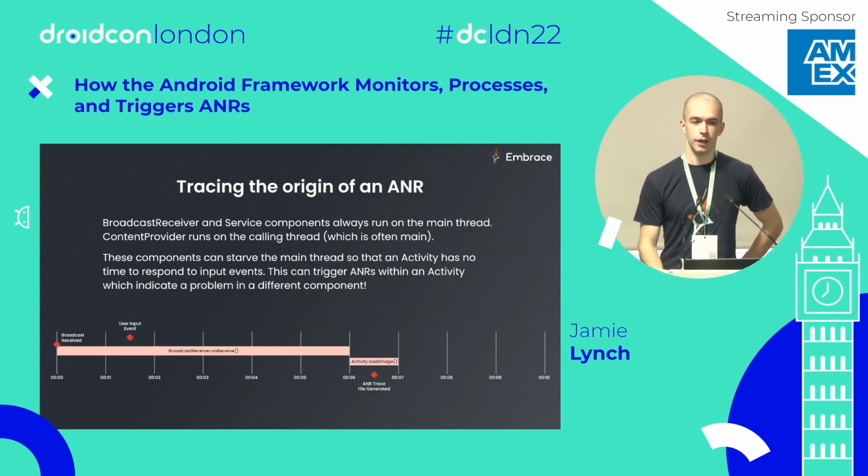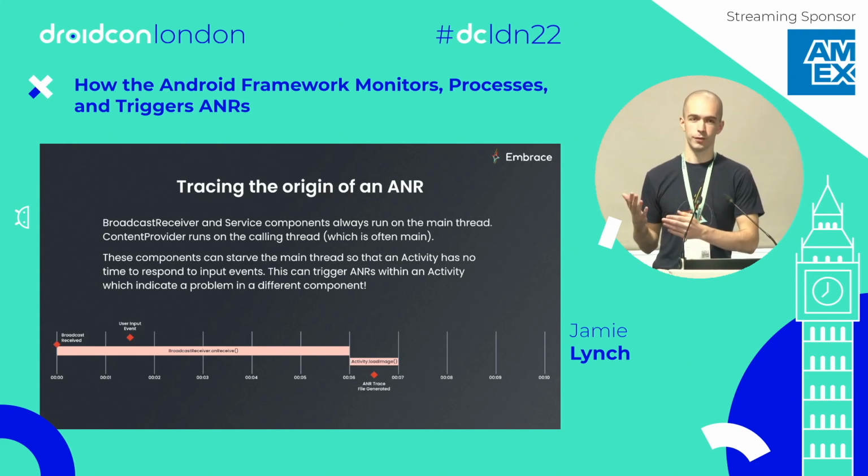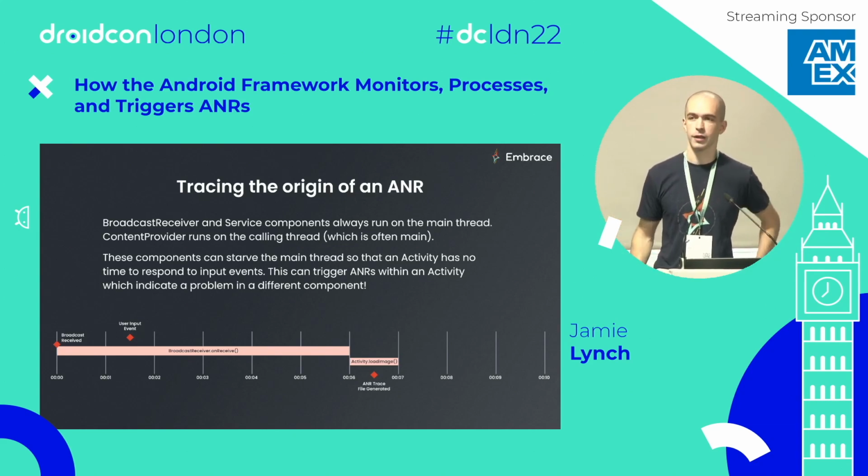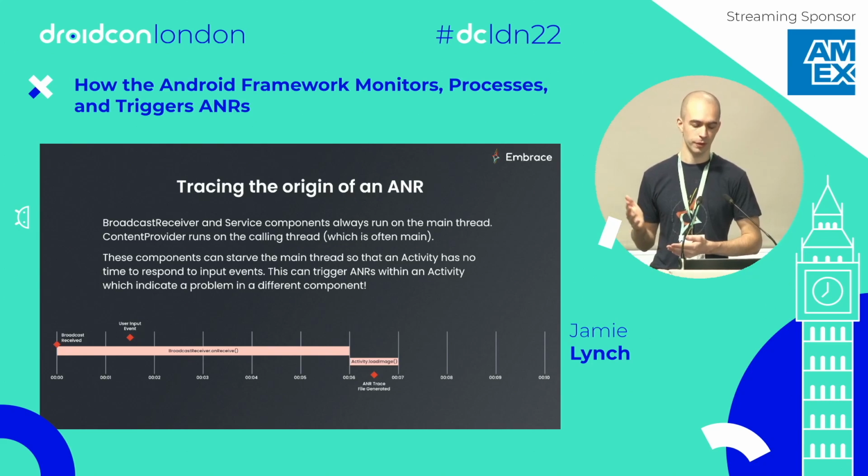So now that you kind of know what the thresholds are for all the components, we can talk a little bit about how you actually trace the origin of an ANR. All these components basically run on the main thread most of the time. And this leads to an interesting scenario where you can have multiple components basically starving the main thread and ANRs